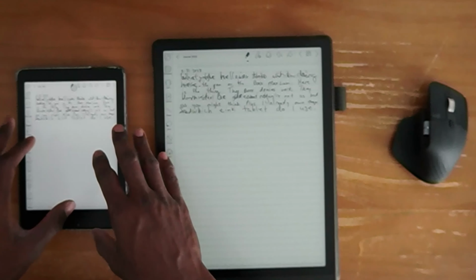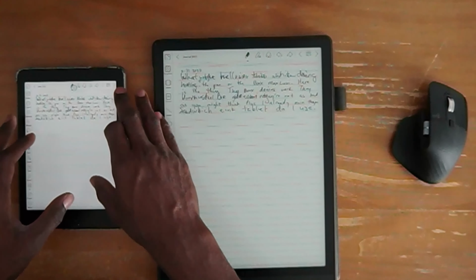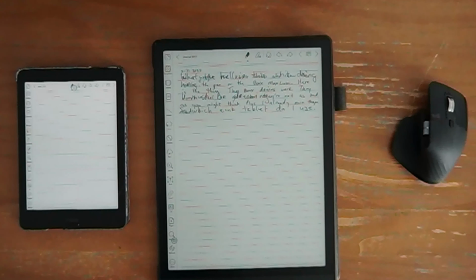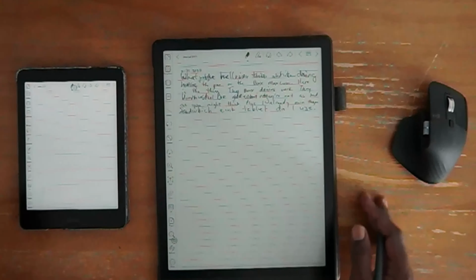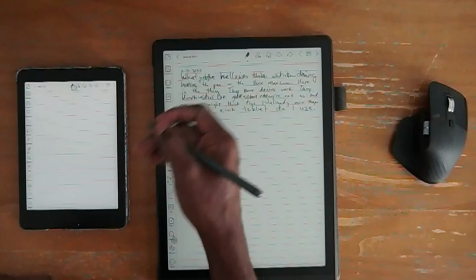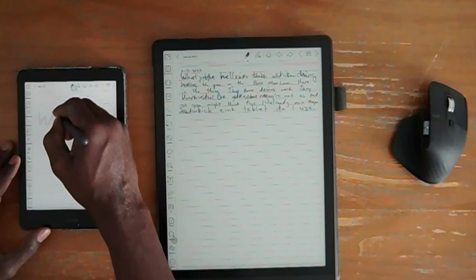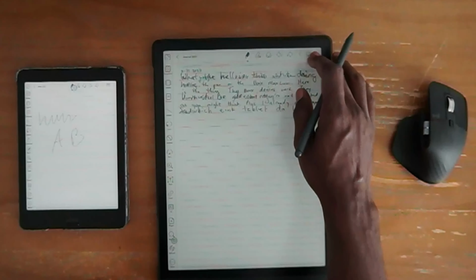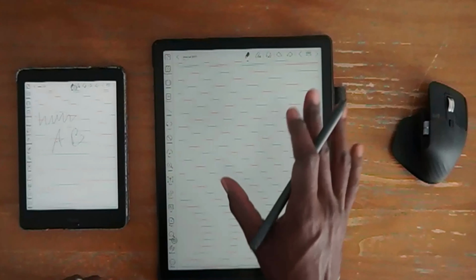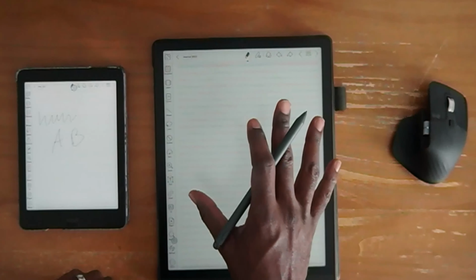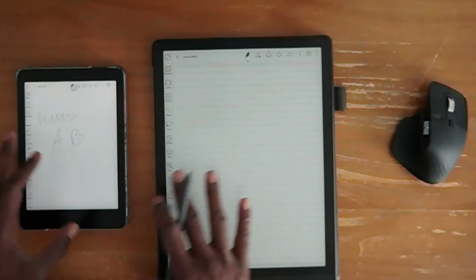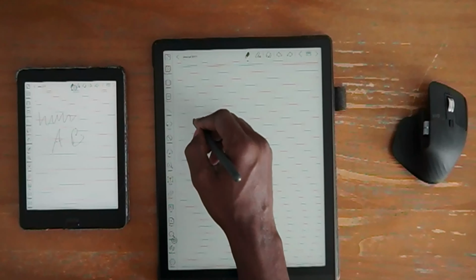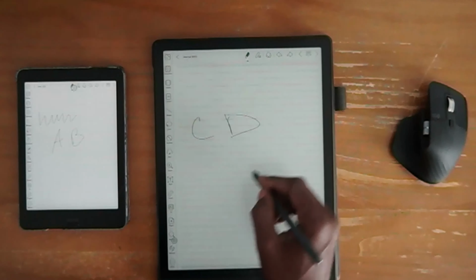If I have page 71 on this device here, and I start writing on it, as an example, I'll go ahead and write on this document here. And if I go to page 71 on my other device, you can see that it's not showing up here, and I start to write on it,